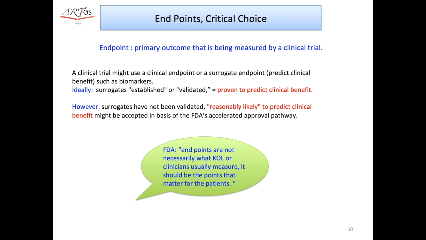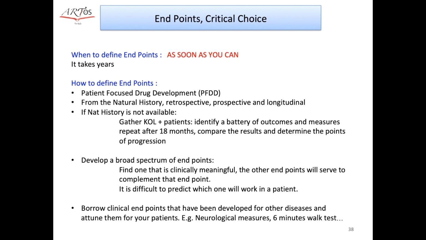According to the FDA, endpoints are not necessarily what key opinion leaders or clinicians usually measure. It should be the points that matter for the patient. When to define endpoints? As soon as you can, because it takes years. How to define endpoints? You should do it during the patient-focused drug development, the PFDD, and also from natural history,